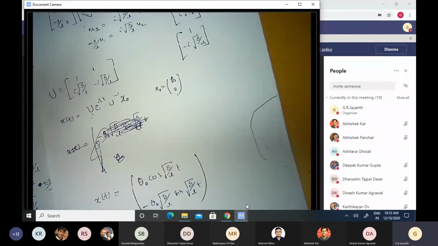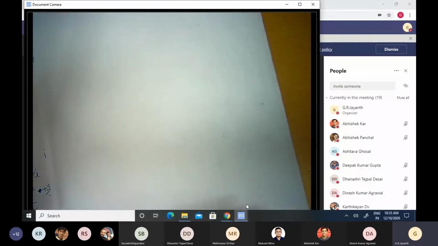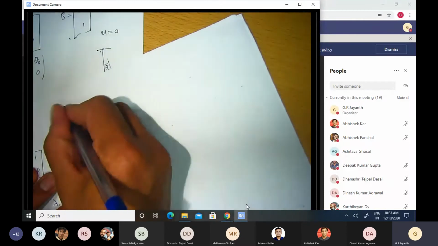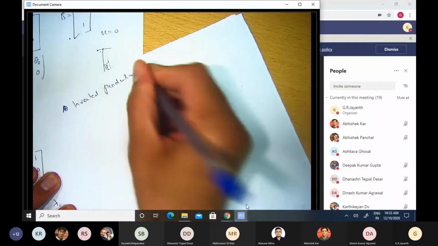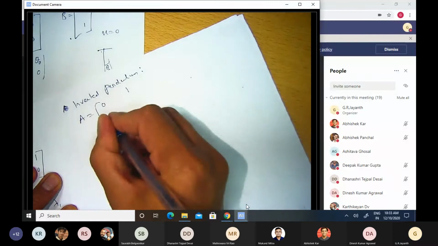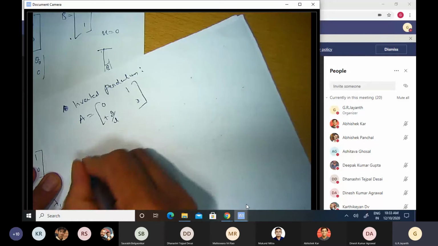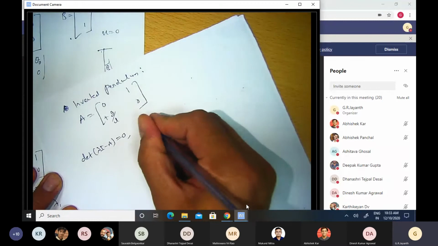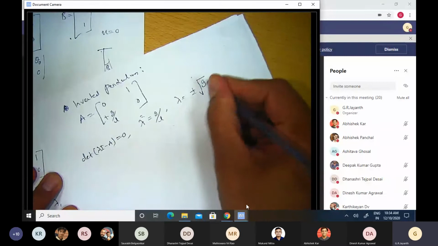Now I can repeat this also at the other equilibrium point. I shall not do that. When the pendulum is pointed up, when it is in its inverted configuration, the A matrix for the inverted pendulum will be 0, 1, plus g by L and 0. If I do determinant of lambda I minus A equal to 0, I get lambda square equal to g by L, or in other words, lambda equal to plus minus root of g by L.